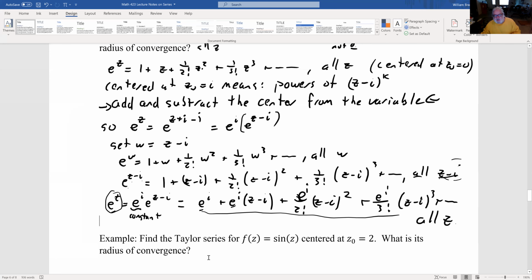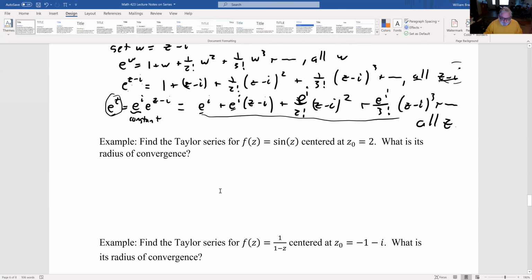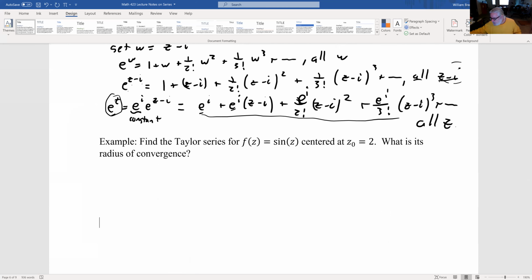But it really depends on whatever function you're playing with, its series playing nicely with addition. Sine does, e to the z does. So the radius of convergence is going to be all z because the Taylor series for sine z converges for all z. We want to find the series centered at z0 equals 2. So sine of z